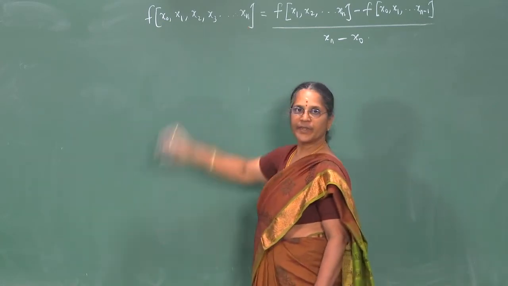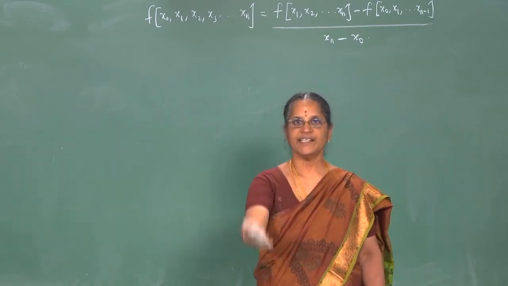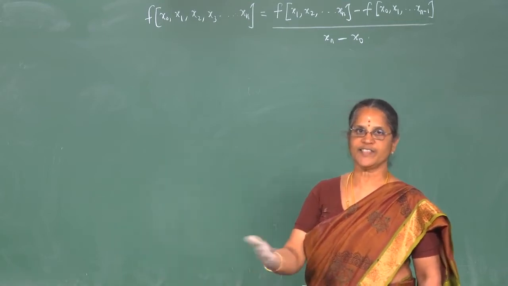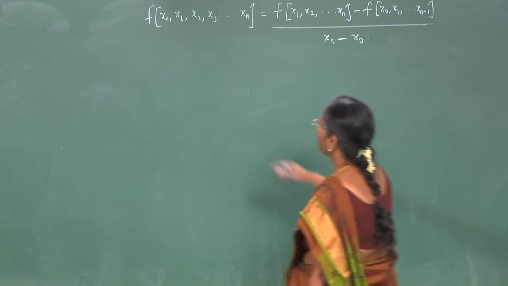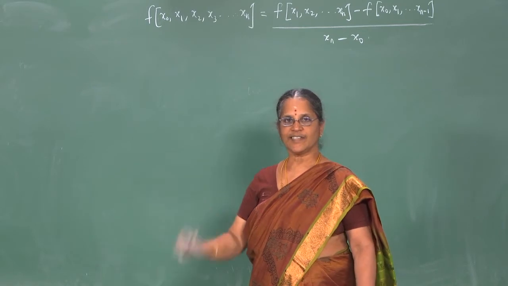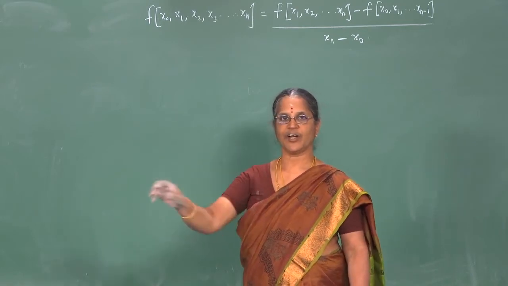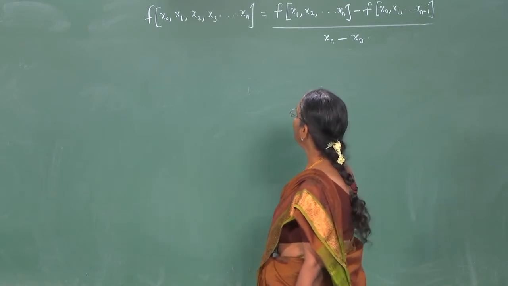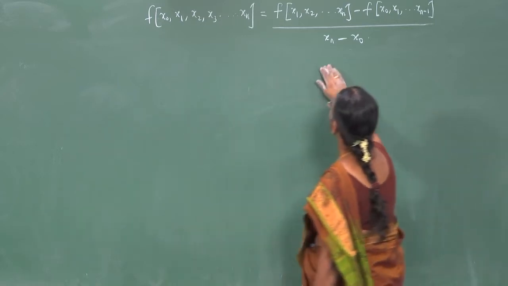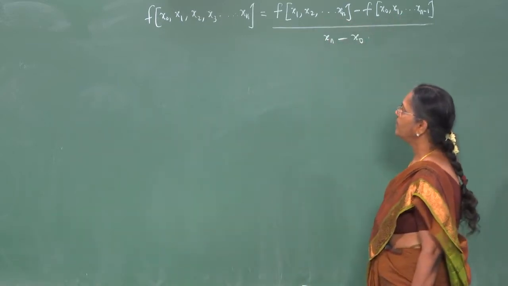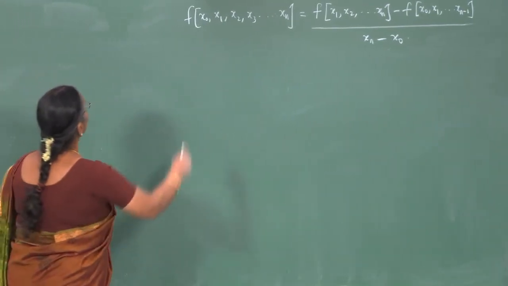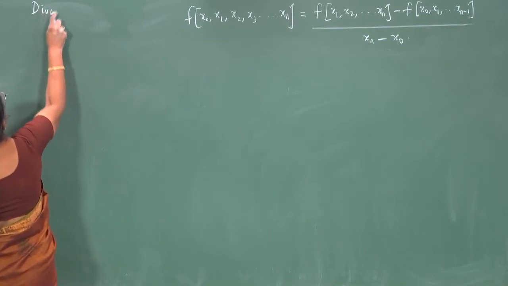We said that an is this. So how are we going to obtain this an from the divided difference table, or what is it actually? Just as the first order difference is expressed in terms of the 0th order difference, the second order difference is expressed in terms of the first order differences, and so on, the nth order divided difference is expressed in terms of the n minus 1th order divided differences, and we show this property, namely the divided differences satisfy